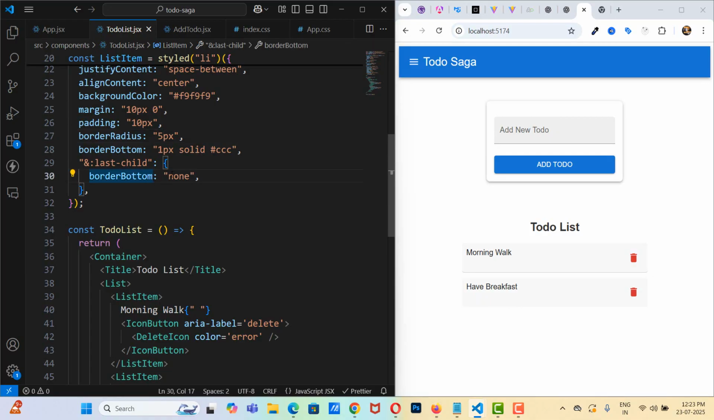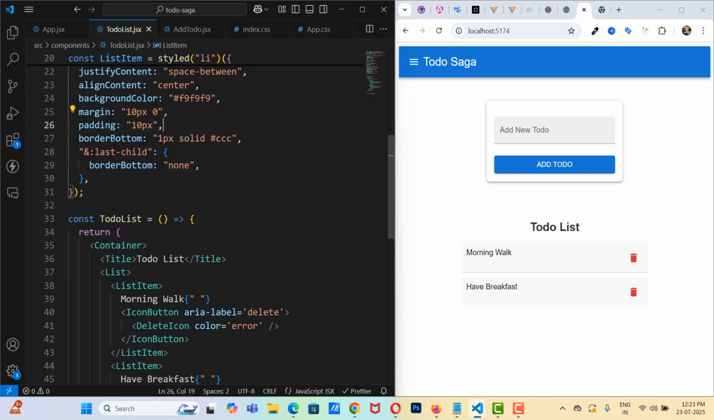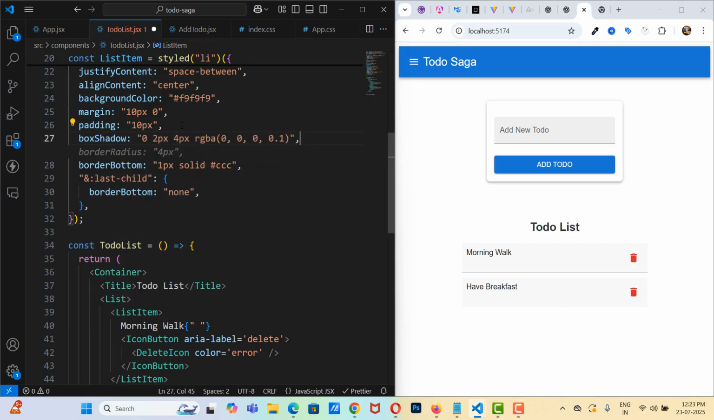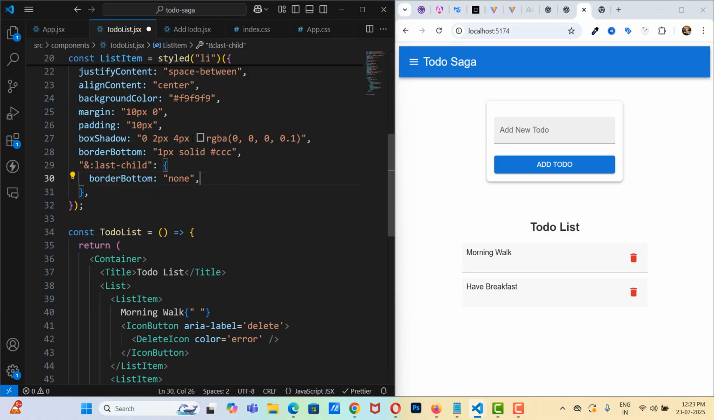Okay, border bottom, that is meant for the last child. Okay, we don't want this border radius there, we can keep it as it is. Okay, this is looking better, but we need a box shadow, right? Because let's try with the box shadow. So box shadow, where it is already giving me 0 to 4 RGBA. Save this. This is looking good,